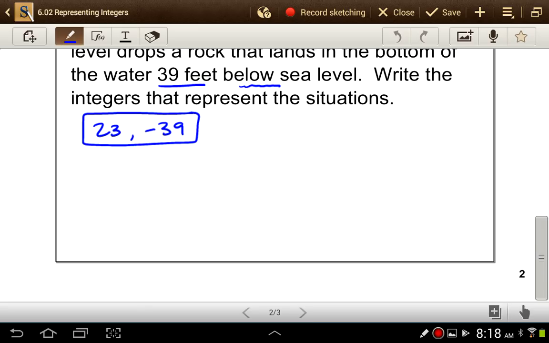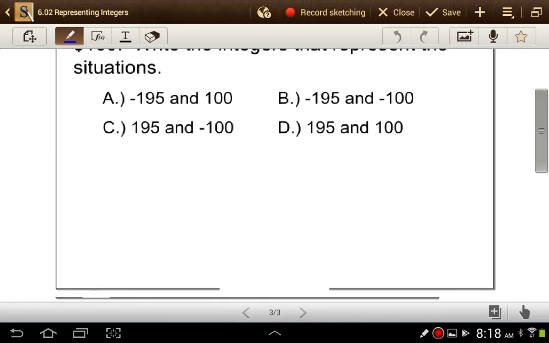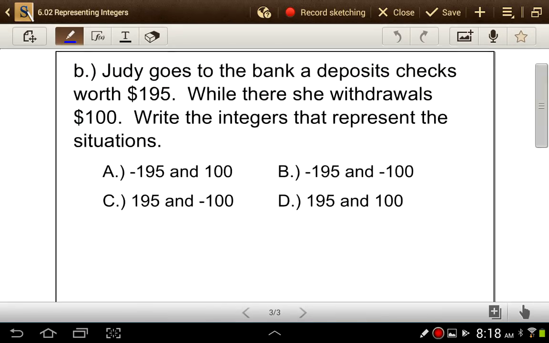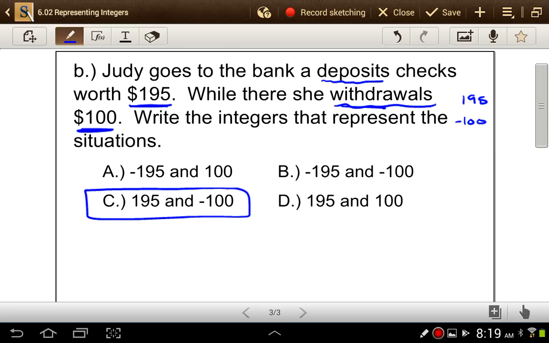In the last example here, we have a word problem. Okay, she goes to the bank to deposit. So she deposits $195. Okay, which is a positive, remember, so that would be a positive 195. And then she withdraws 100. If you look at your list, withdraw is negative, so that would be negative 100. So I'm going to find the answer that's positive 195 and negative 100, and that would be answer C. Positive 195 for the deposit, negative 100 for the